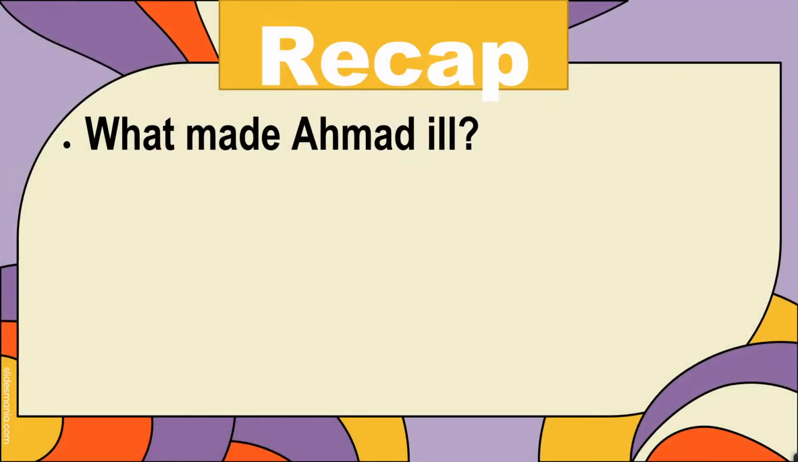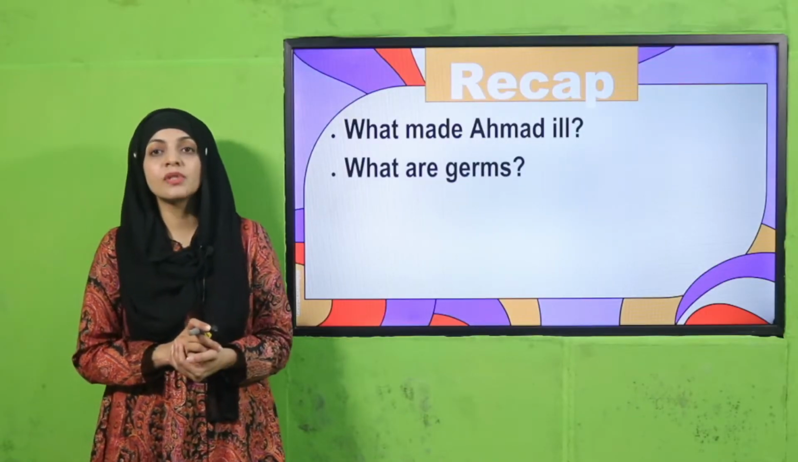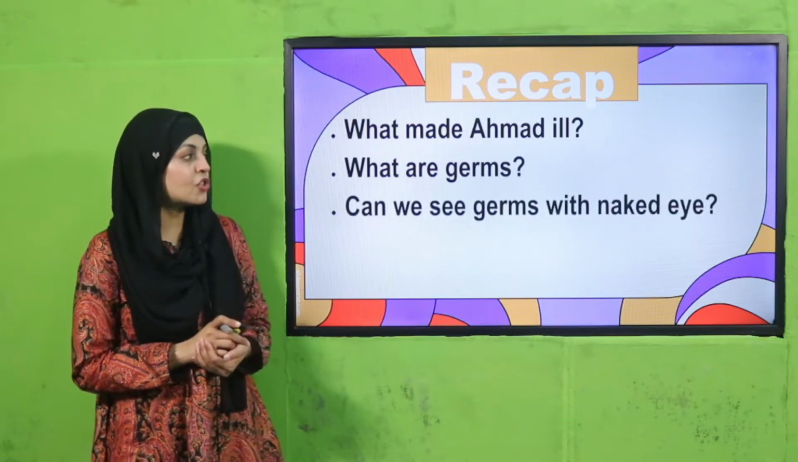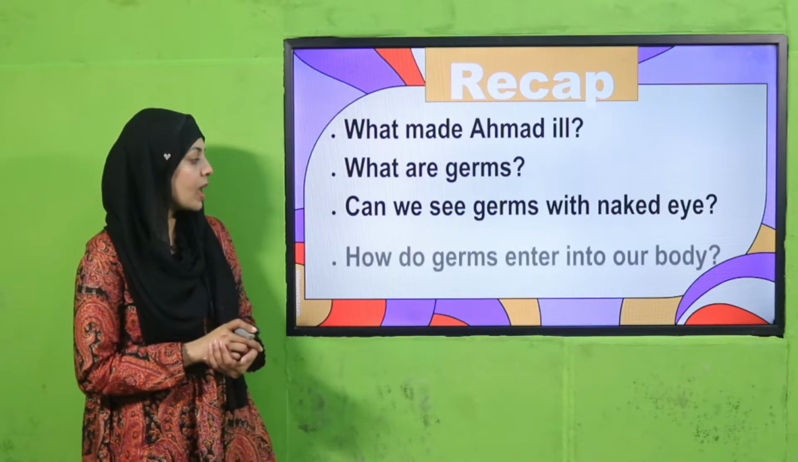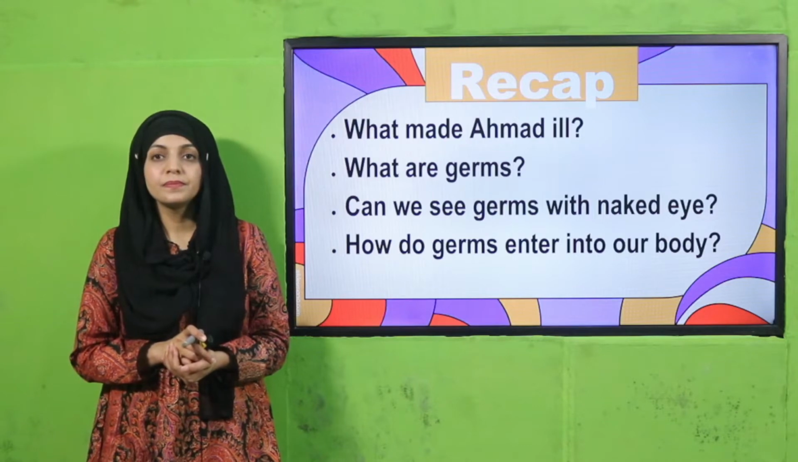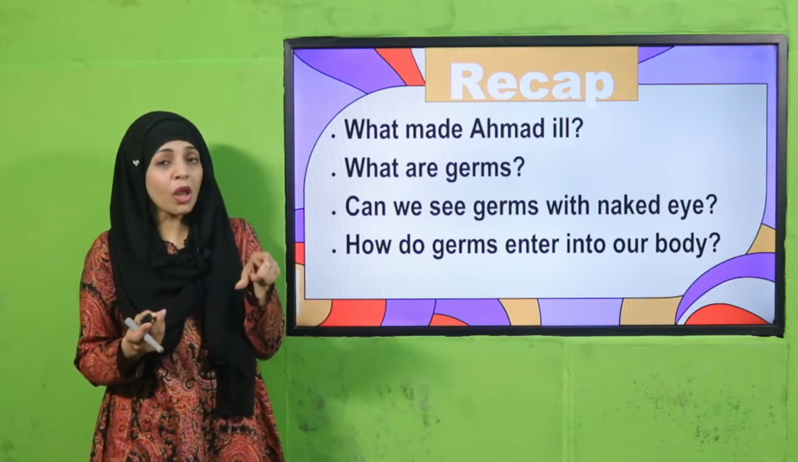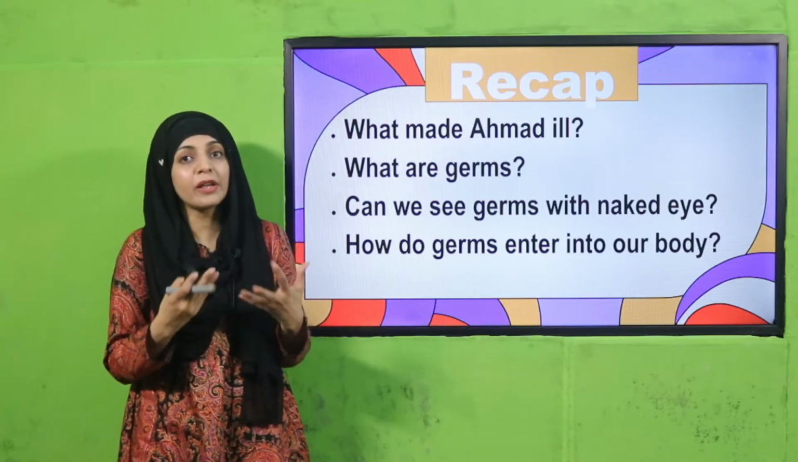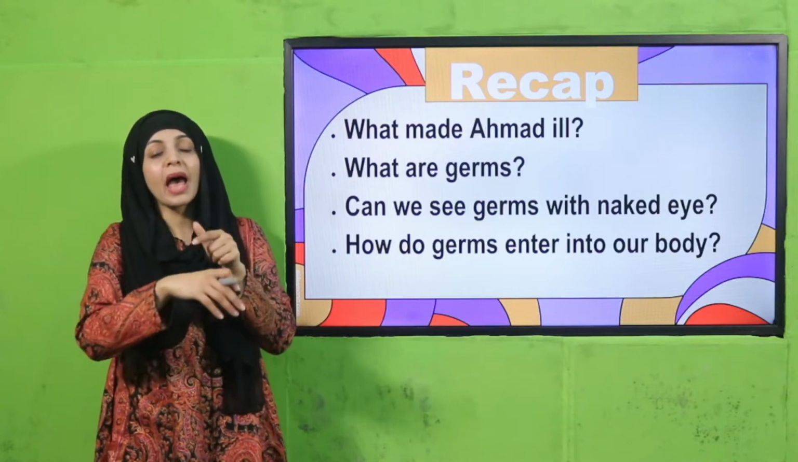What made Ahmed ill? Very good. What are germs? Very nice. Can we see germs with naked eye? Very good. How do germs enter into our body? Very nice. Germs made Ahmed ill. Germs are very small living things, and germs cannot be seen with the naked eye. We can only see them under a microscope, and germs enter into our body through nose, mouth, and our cuts